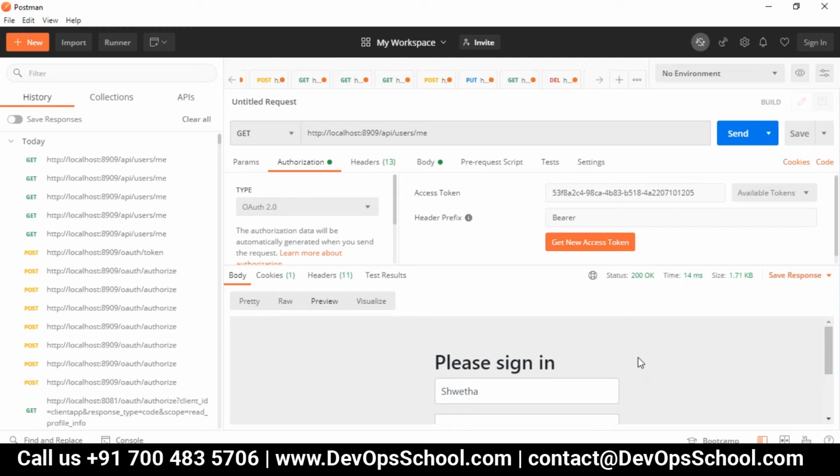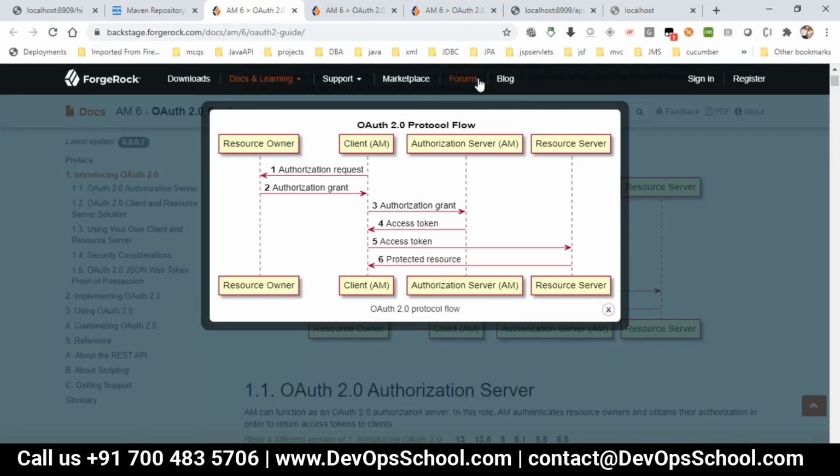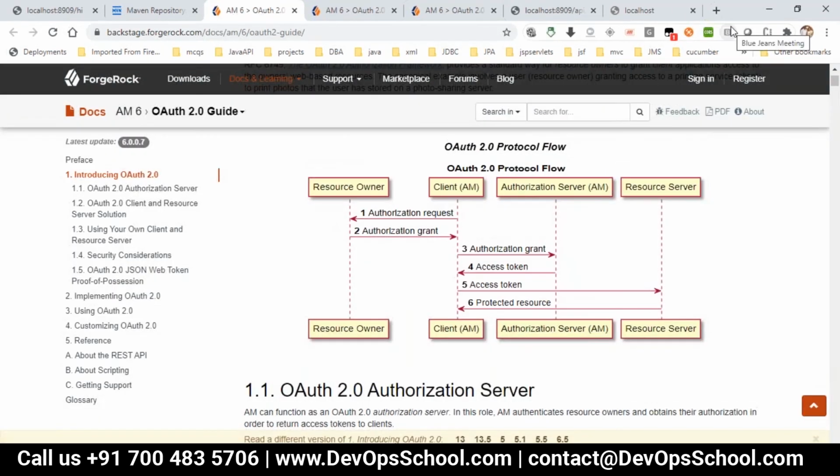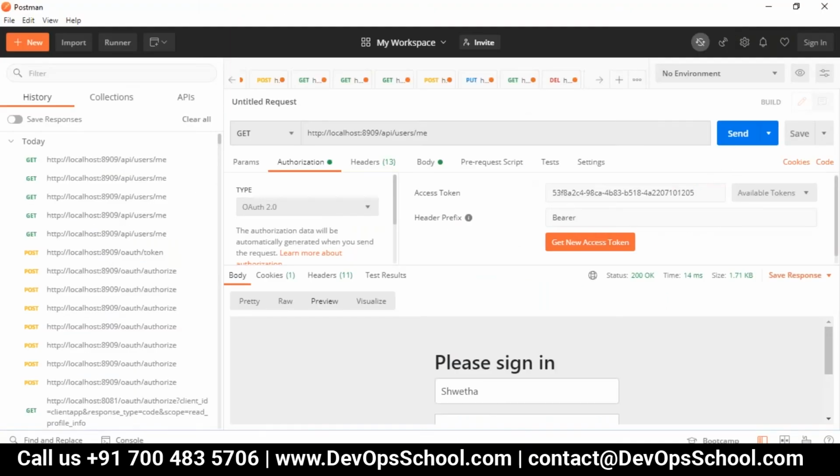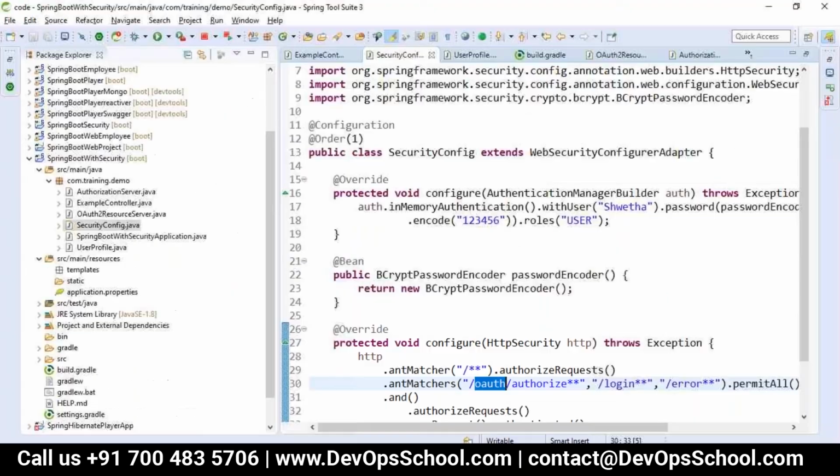So here we have configured the authorization server also. We have written code for a client, which is like AM, OpenAM, and we have written the authorization server, where you can take any authorization server which is already available. Like for suppose, if I just, are you clear with this? Whatever we have discussed till now? Do you have any doubt with any part?